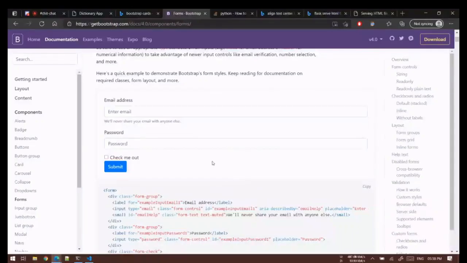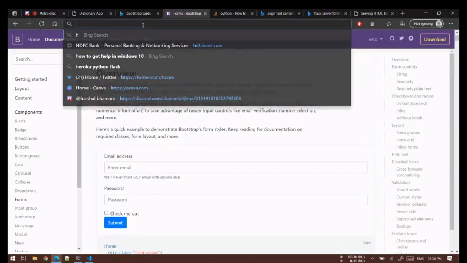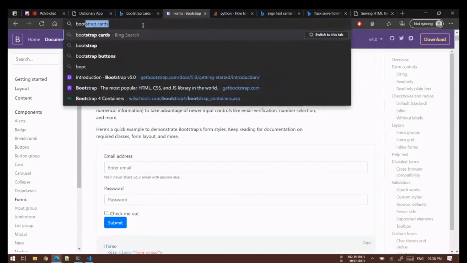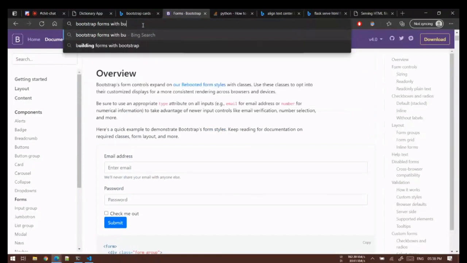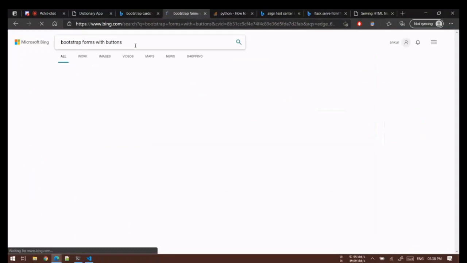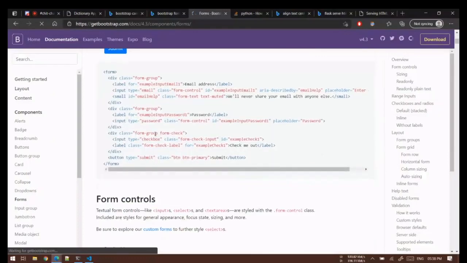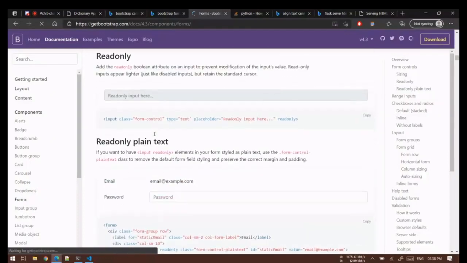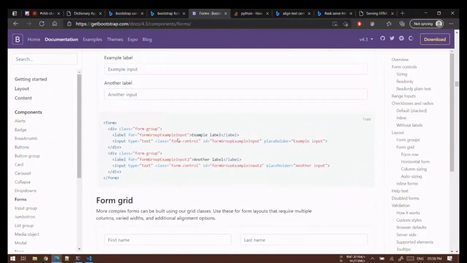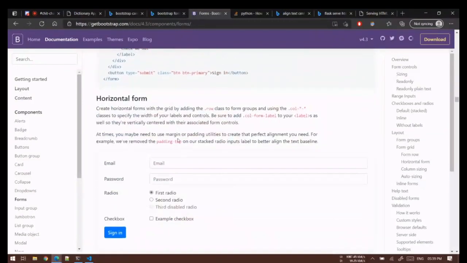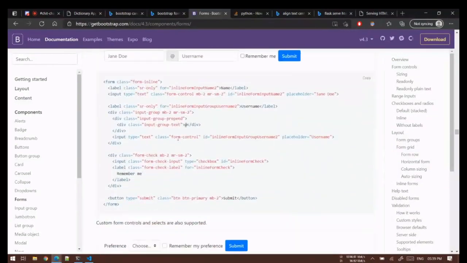It will have Bootstrap forms with, where exactly was it? Checkbox, label, sign up. Okay.